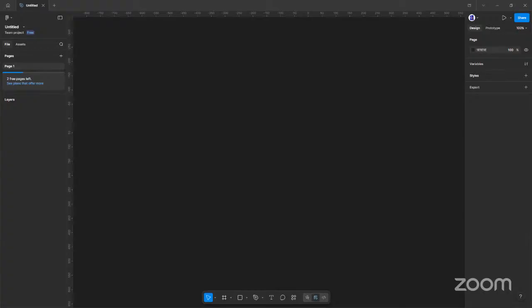So this is what the Figma interface looks like. It doesn't look scary. We don't have as many tools as we usually have on design software like Photoshop and the likes. Simple, with enough space for you to explore and move things around. This is what Figma looks like. We'll dive into Figma a little bit towards the end of the